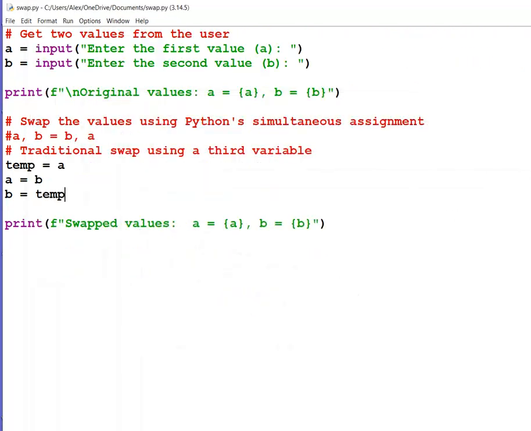Both methods are not wrong, but you should know them very well. Here I have put the remark, but actually it is not the remark. Should I write it down? See, simultaneous assignment, and here is the traditional swap using a third variable.